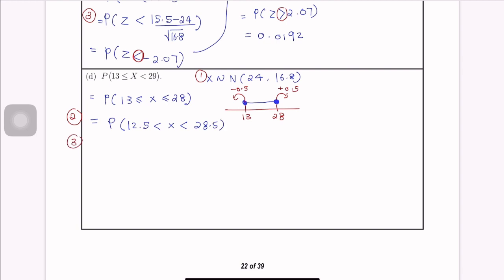Then what is the third step? Yes, to change it to z again. Okay, you already did 3 examples up there. So this is your 4th example. You should know by now. So what is the formula? X minus mean over standard deviation. So 12.5 minus 24 over the square root of 16.8, and 28.5 minus 24 over the square root of 16.8. So that we have Z is between